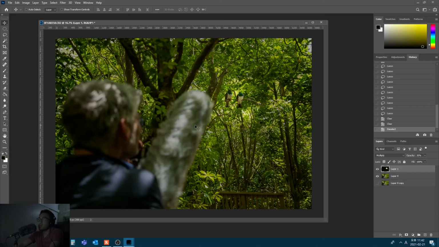Yeah. Immediately the pigeons are kind of in the spotlight, albeit a very unnatural spotlight because this filter is quite